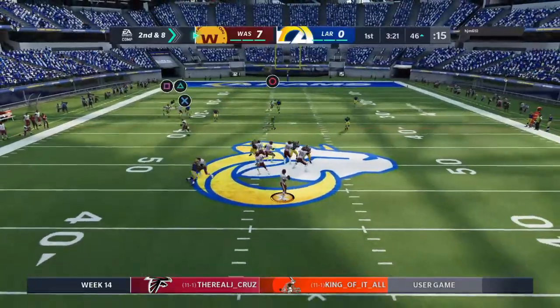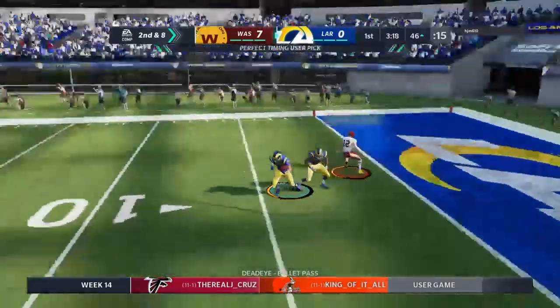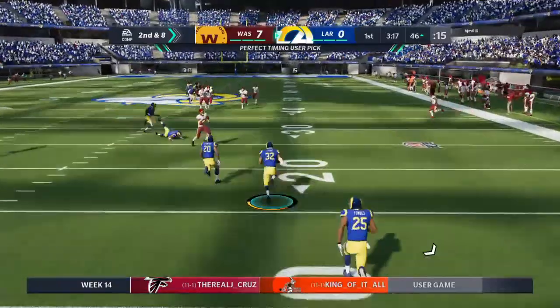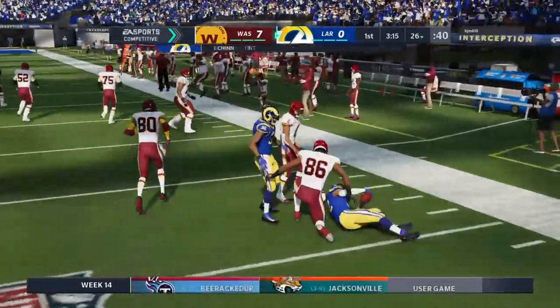Throwing on 2nd and 8. Haskins. He's going to rifle one deep left side. Into double coverage, and it's intercepted. Jeremy Chin picks it up. And he is all the way up past the